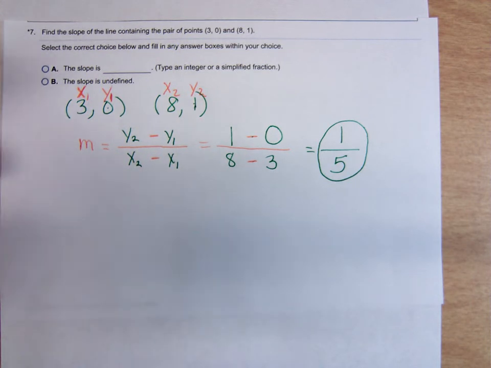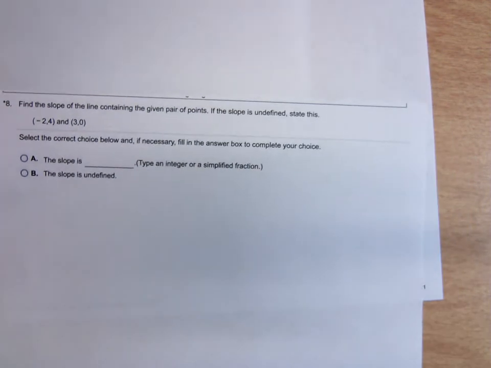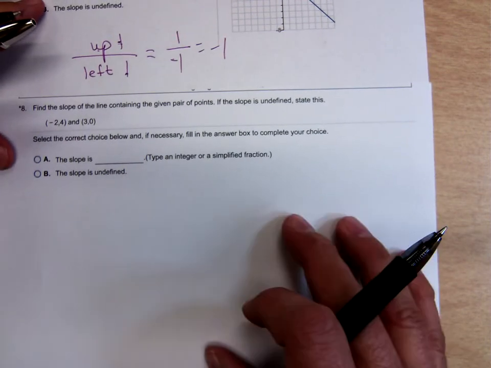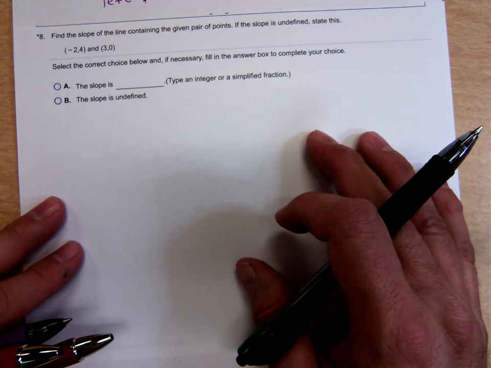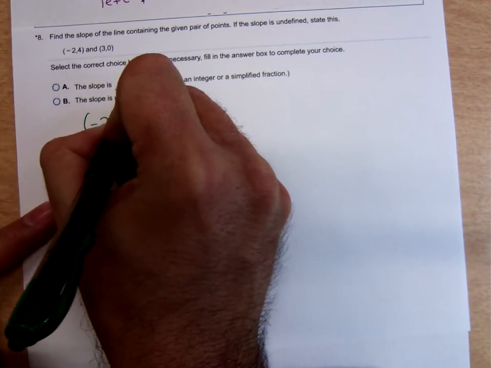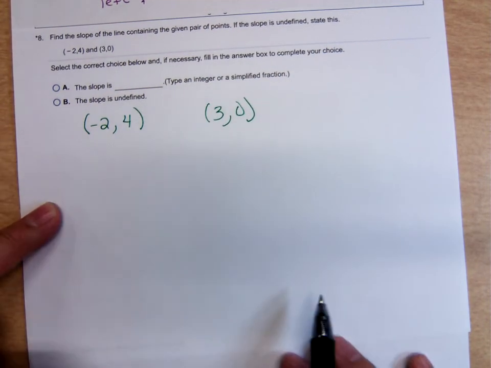Well, let's do another one of those. Same type of problem. I assigned 3 because I'm hoping at least one of them will wind up with some negatives in it for you. So here are my points. -2, 4, and 3, 0. Finally we have a negative in here. So